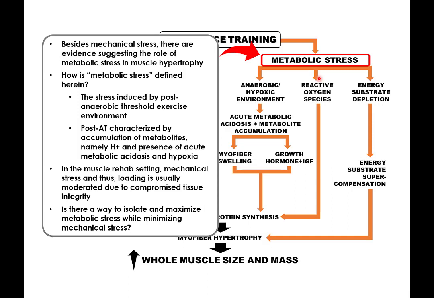In normal resistance training situations, mechanical stress and metabolic stress are not mutually independent of one another, meaning they occur at the same time, and they have a direct relationship. This means that when mechanical stress increases, metabolic stress increases, and vice versa. Now, what is the issue when it comes to a muscle strain situation when trying to redevelop muscle back to pre-injury status? Well, one of the issues is that hypertrophy is slow because the athlete cannot place a lot of mechanical stress on the muscle due to its vulnerability to tension, and thus the metabolic stress is low as well.